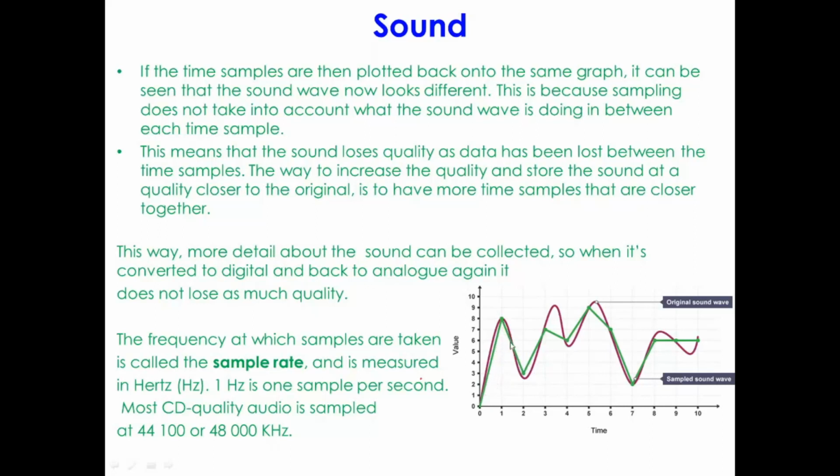But when you are taking more samples, it means the quality is better, but then you need more storage space. Okay, so what it means is if we want to increase the quality, it will take more space. Now if we convert this back to analog, it will be almost the same quality. Now the frequency at which the samples are taken is called the sample rate, and it is